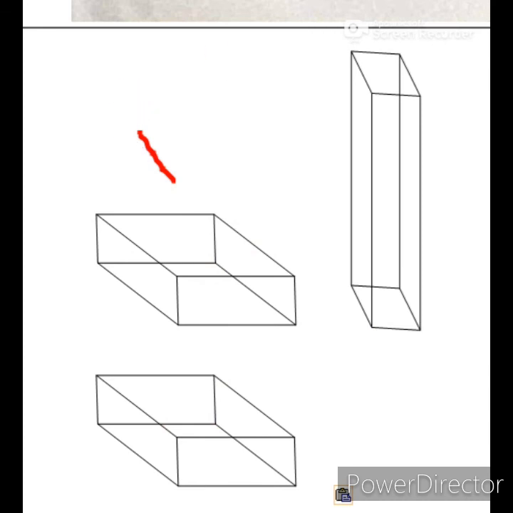Now the second one is the Y view. Y view means the top view. Students, as the brick has the same shape at bottom and top, we will see the same figure. So I have shown it two times, but you have to draw. You also have to draw the diagrams. The first one is the Z view, the second one is the top view, that is the Y view, and the last one I have shown here is the side view, that is the X view. If we observe the brick from the side view, we can see it in this way. All these three diagrams you have to draw in the specified place. Now we will continue the lesson in the next class.